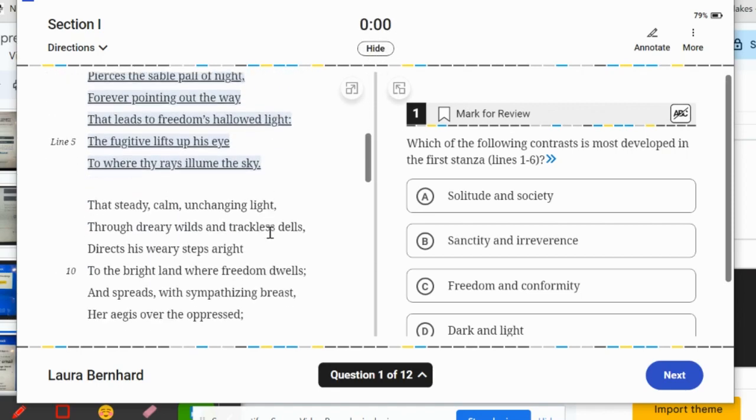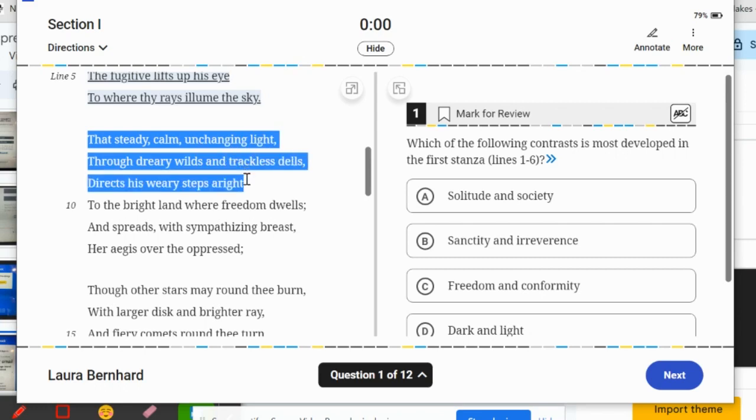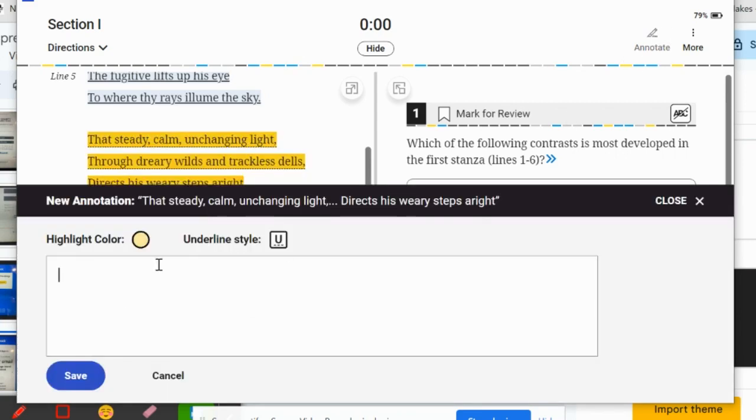If you're reading a passage and you decide you want to annotate it, and we recommend that you do that, you want to first select the text that you want, tap the annotate tool, and then if you want to leave a note,